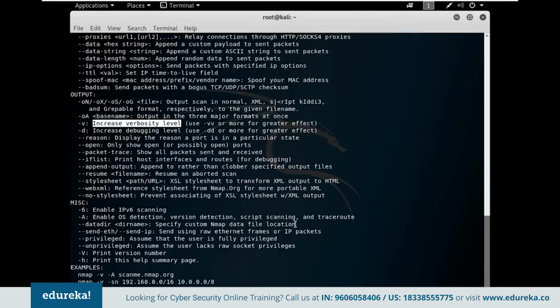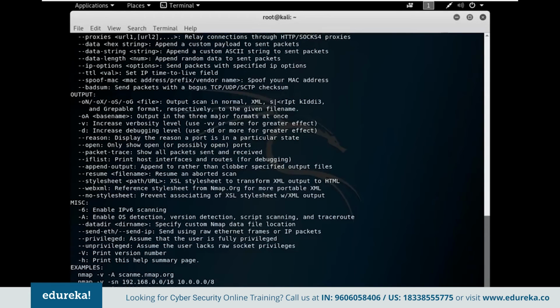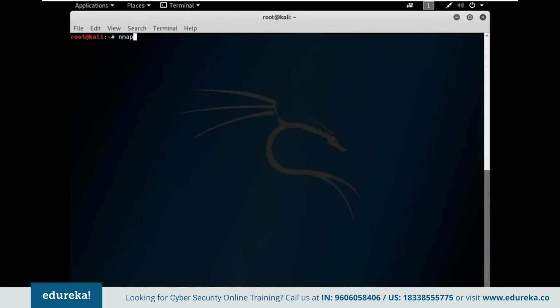And there's another option. Suppose you're using a home network or work network or school network, you have a set of IP addresses, right? So instead of scanning one, suppose you want to scan from this IP address to this IP address, a particular range. Then you can specify it using this command here. Now let me clear the stuff and let's scan scanme.nmap.org. So nmap scanme. I'm removing every option there is, just using the basic scan.